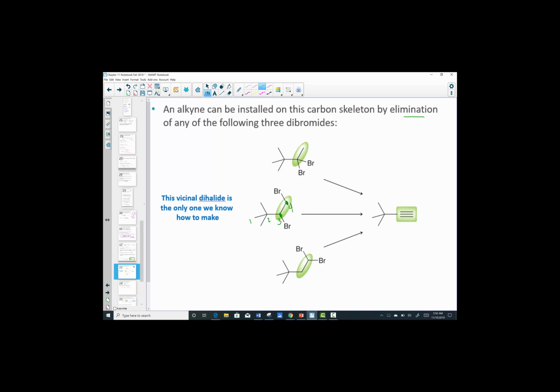To create a triple bond in a 2-step process, we need to eliminate HBr. That would get us to an alkene. And in the next step, we eliminate the second HBr, and we end up with an alkyne. So we're looking to eliminate,